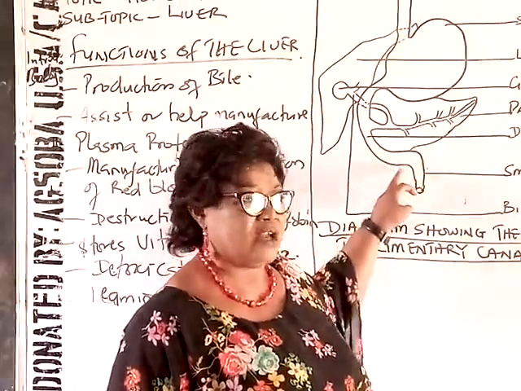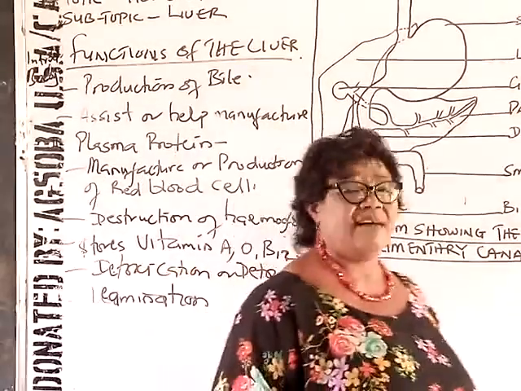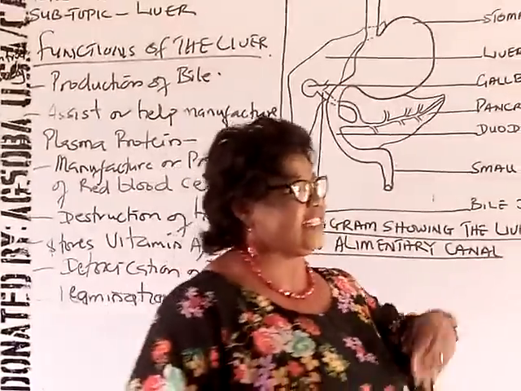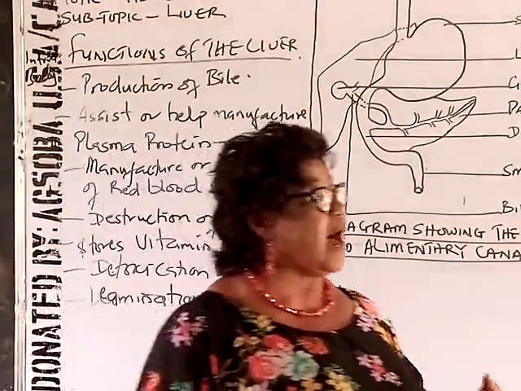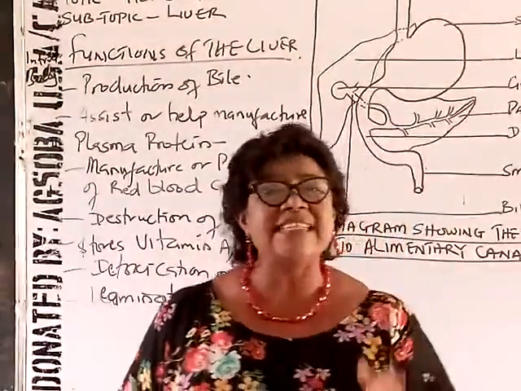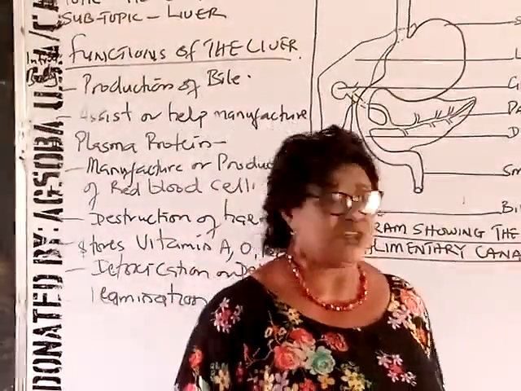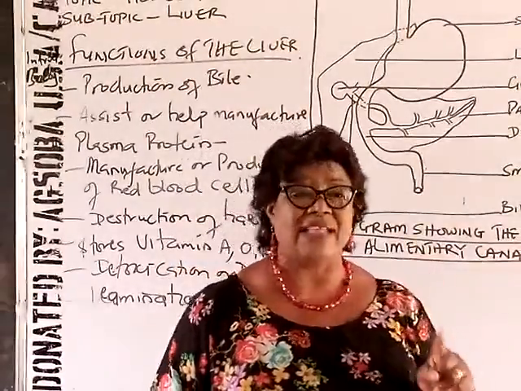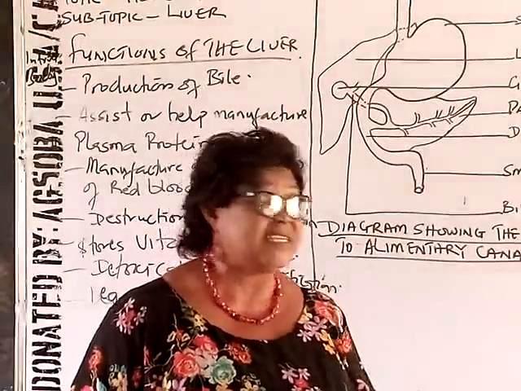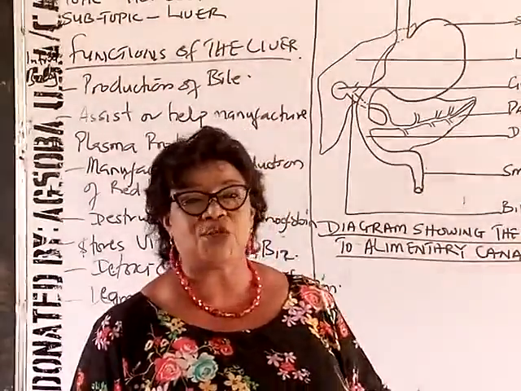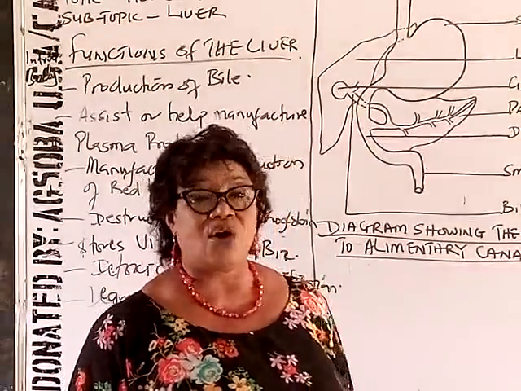Remember, all the end products of digestion move into the liver via a vein known as hepatic portal vein. So by the time it gets there, if it is in excess, the liver will convert it into urea and as well as into carbohydrates. So the process of converting excess amino acid into urea and carbohydrates is what we call deamination, and that process is being carried out by the liver. I repeat myself. The process is called deamination.